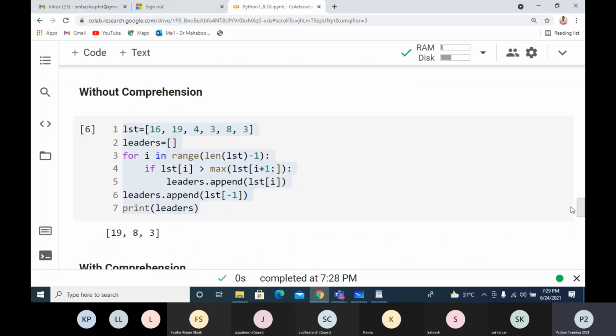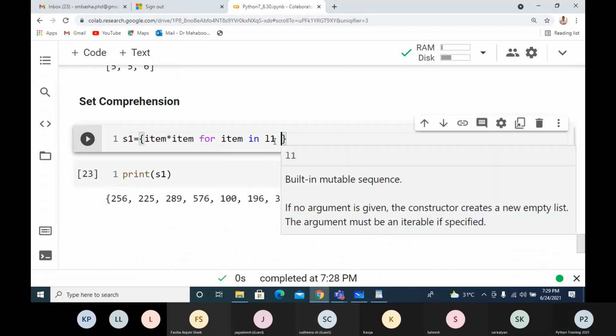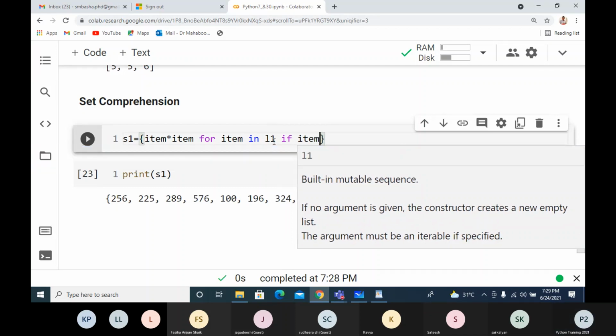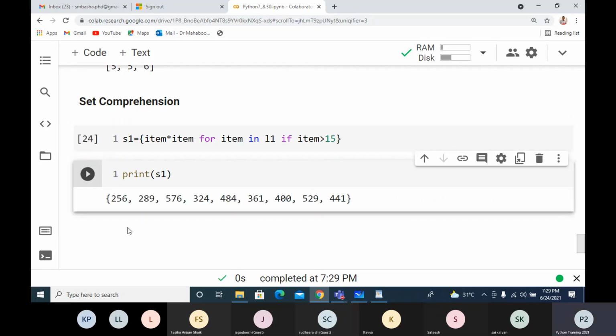So we're getting this, and I'll filter it, like if item is greater than 15. Now I'll get only 16, 17, 18, 19, 20, but the order is not followed. Of course, 16 is coming first here. It's okay.